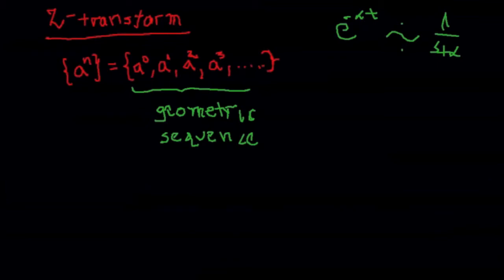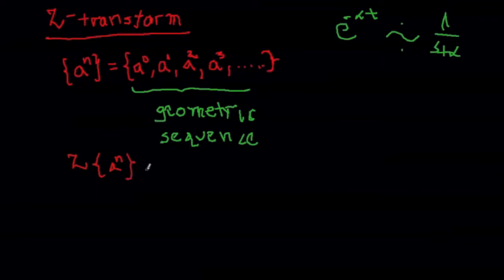In other words, this geometric sequence, which is ultimately related to the geometric series, is a fundamental feature of the Z transform. So if we take the Z transform of a to the n,